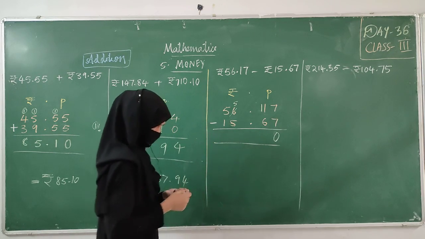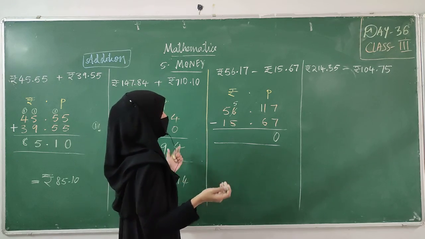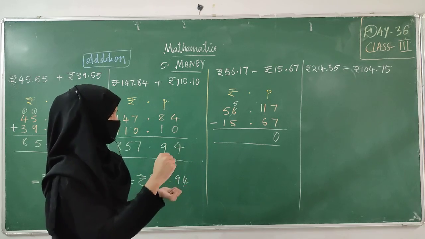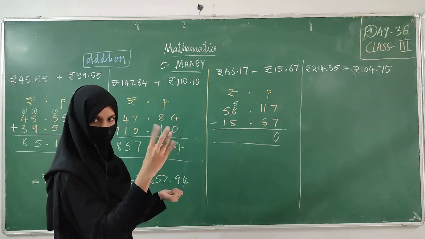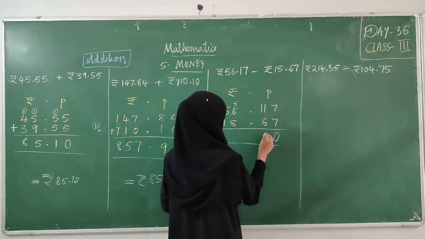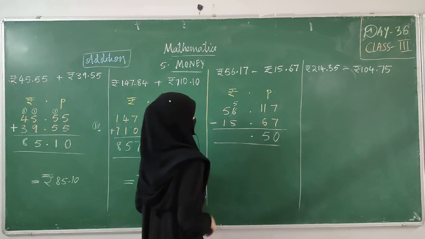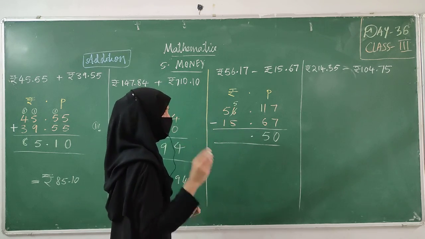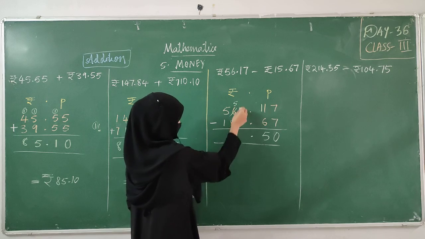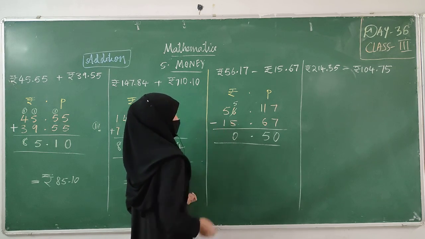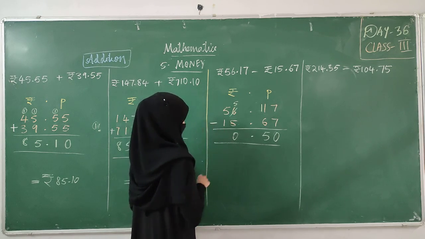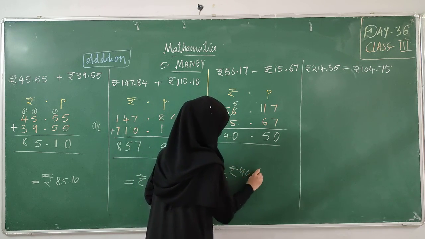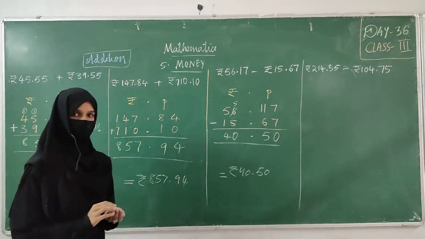Now 11 minus 6. You can't take out 11 fingers, so at least count from 6 to 11. 7, 8, 9, 10, 11. 5 is coming, 5 numbers. So 11 minus 6 will be 5. Dot. Now 5 you are having. This 6 is struck off. Forget it now. From this 5, 5 minus 5, 0. 5 minus 1, 5 fingers, remove 1, 4. What is your answer? Rupees 40.50 paisa is your answer.